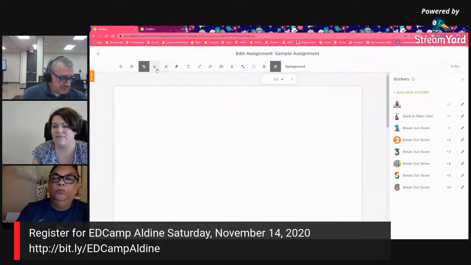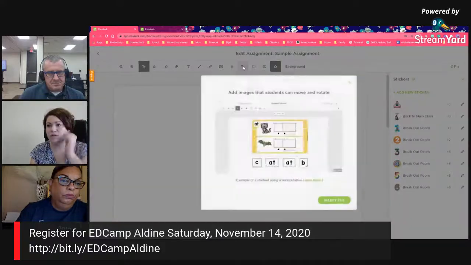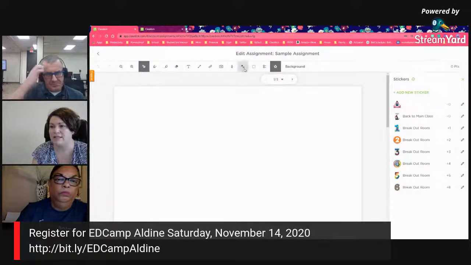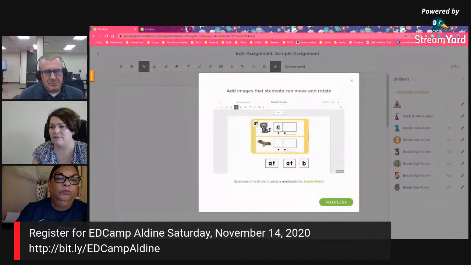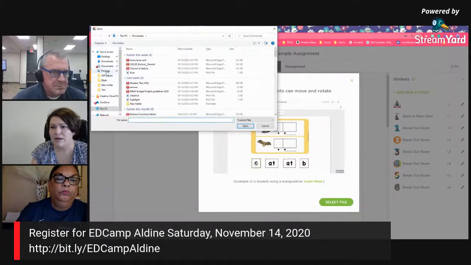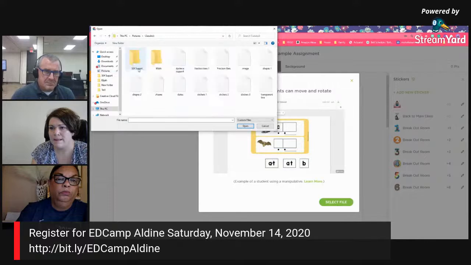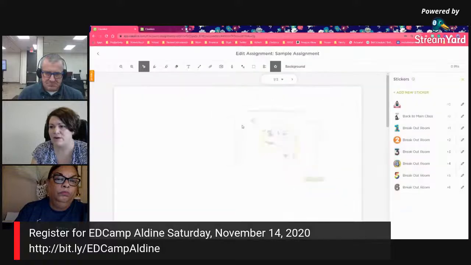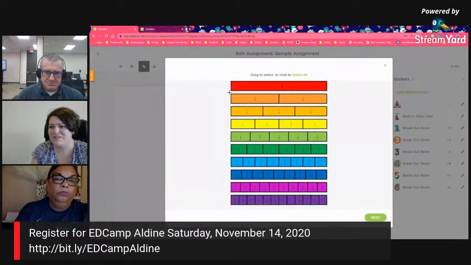You're able to use the same features that you used before on that pretend assignment. The one thing that I did want to go over though is that to create manipulatives, things that the student is able to move around, on your side they're going to look slightly different. So if I select my file and go over to my picture file here, I have a whole bunch of manipulatives that you also do have access to. They're on that other Classkick assignment. So if I wanted to make some fraction bars or something like this,